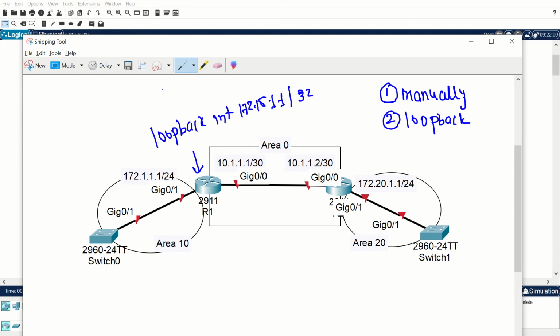But if you have multiple loopback interfaces, more than one loopback interface, what will happen then? In this case, the highest IP address of a loopback interface becomes the router ID. The highest IP address of loopback becomes the router ID if you have more than one loopback. If you do not have a manually configured router ID and you do not have any loopback,